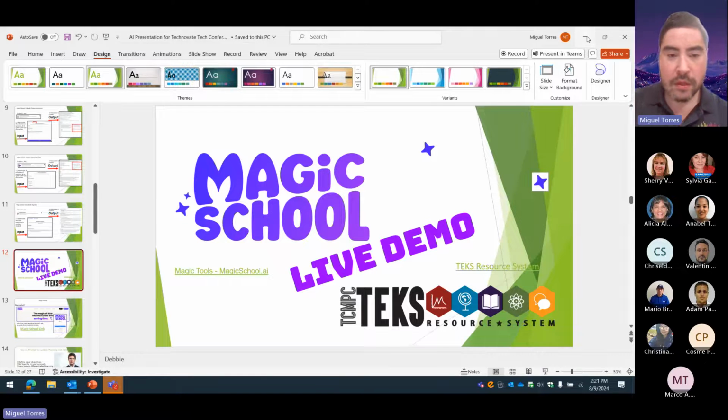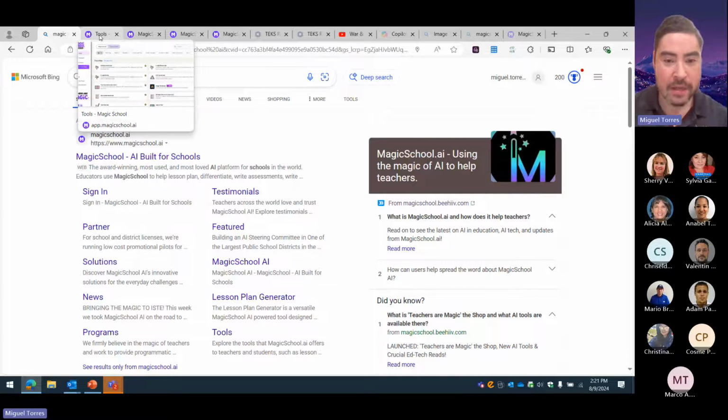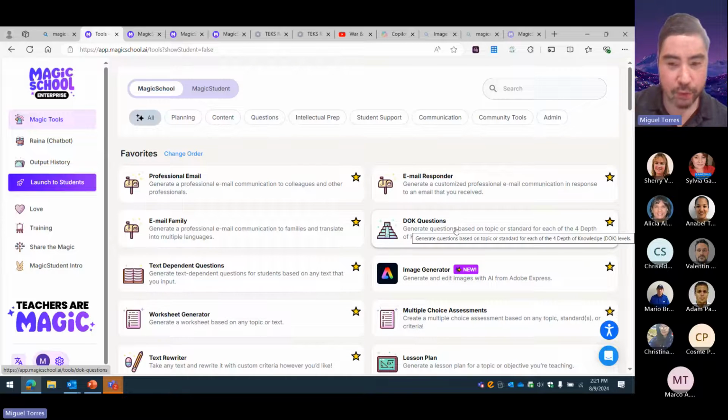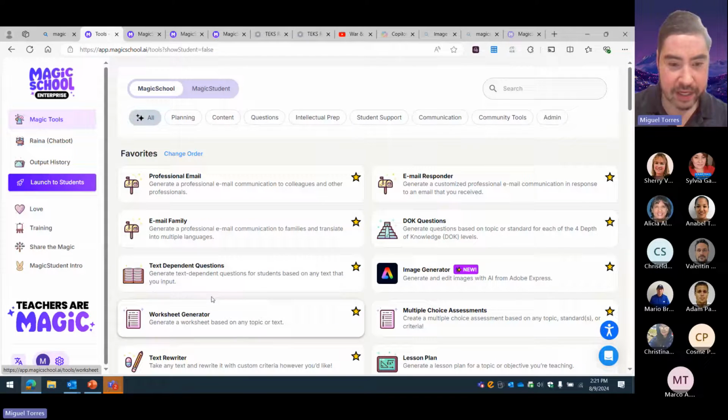All right. Okay, so if you just want to go ahead and Google Magic School AI, if you haven't gone there before, or you can click the hyperlink which I sent you, this is what the dashboard looks like that I was just talking about. It has a lot of different tools. You can do DOK questions. What I did for curriculum writing was my entry tickets were typically a depth of knowledge 1 or 2, and then my exit tickets were always typically depth of knowledge 3 or 4, because at the end of a lesson, that's what I would want them to accomplish. I'm going to get to that in a little bit.